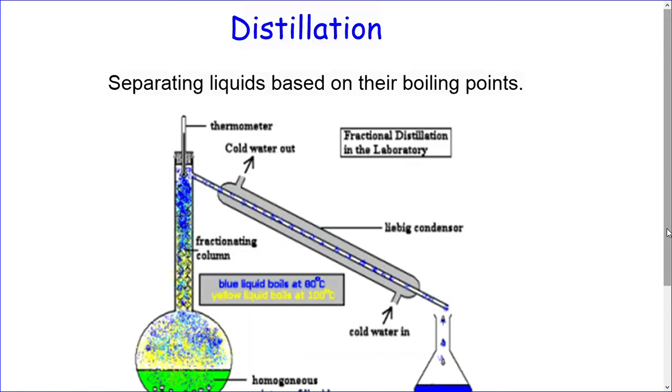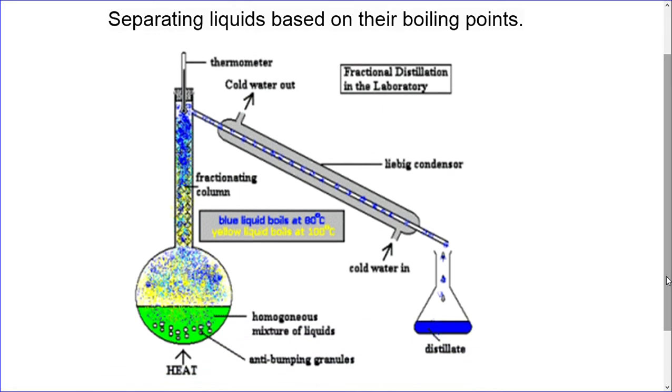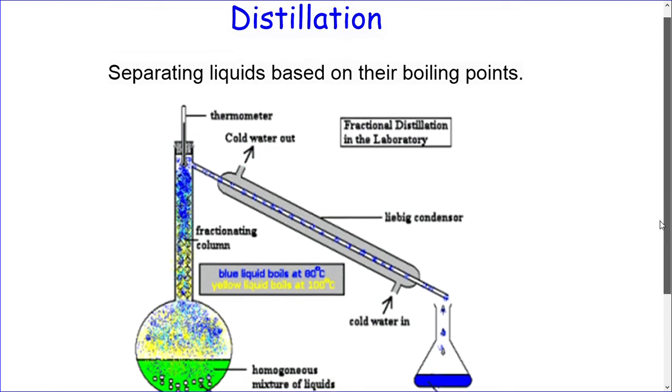Our next one is distillation. Distillation separates liquids based on their different boiling points. So let's say we had two different liquids mixed together. You can see this says homogeneous mixture of liquids, and then it has a couple little granules on the bottom of it. The blue part says the blue liquid boils at 80 degrees Celsius, where the yellow liquid boils at 100 degrees Celsius. So I could use this process. We can go ahead and use distillation